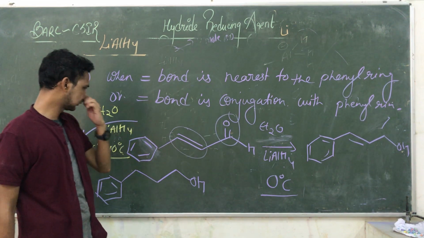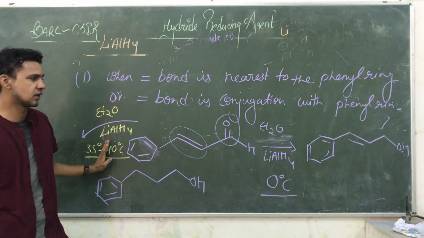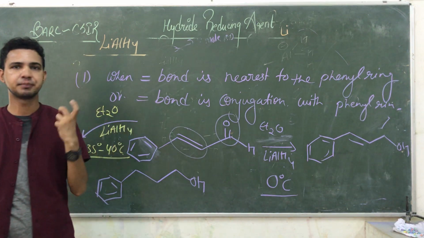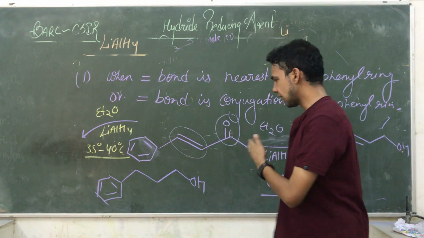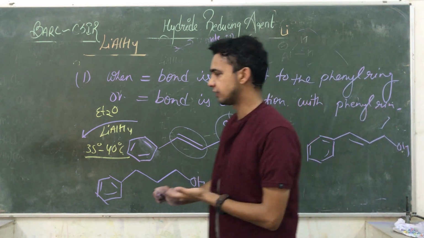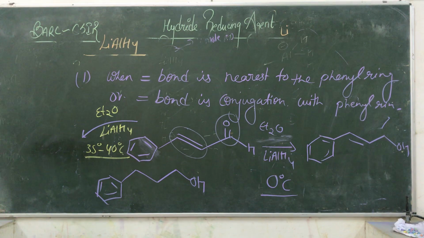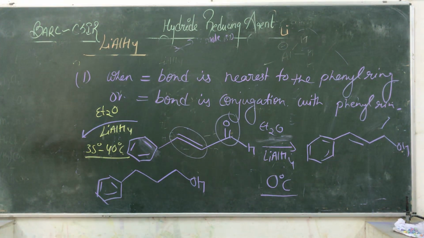But if a functional group is also there, then the temperature will affect it. That is the condition. But what happens in such cases? They give you a cyclic intermediate. Here a cyclic intermediate will form, and then you are getting an alcoholic compound. So that is the condition for a lithium aluminum hydride reaction. If you want to note it down, note these reactions now.